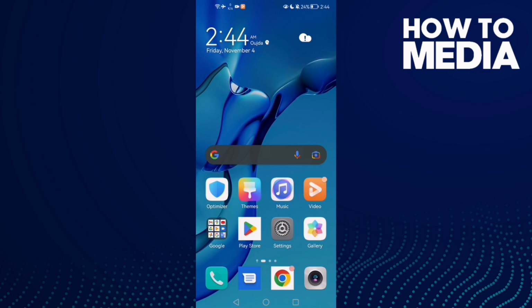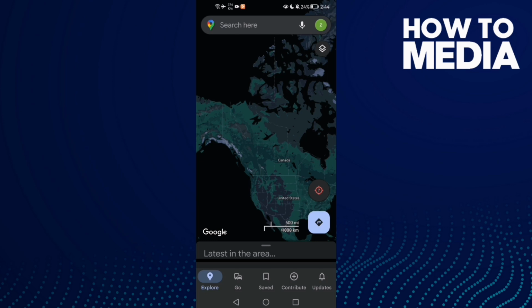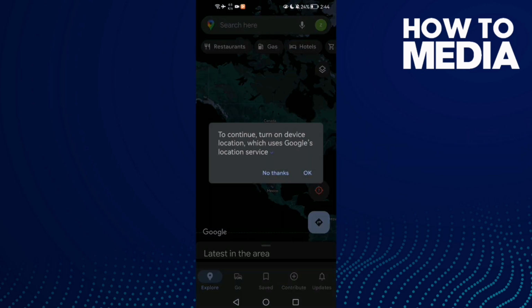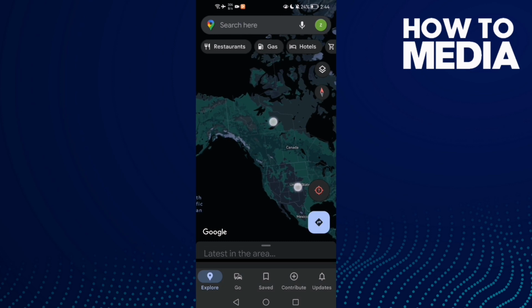First open Google Map and then just click this one here and then click OK. And if that doesn't fix your problem, just